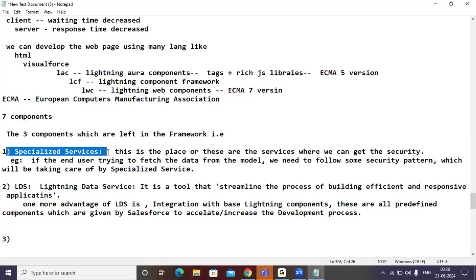It has two advantages. First, it streamlines the process of building efficient and responsive applications. Second is the integration part, which gives the predefined components given by Salesforce to increase the development process. So these are the two advantages of these two components.